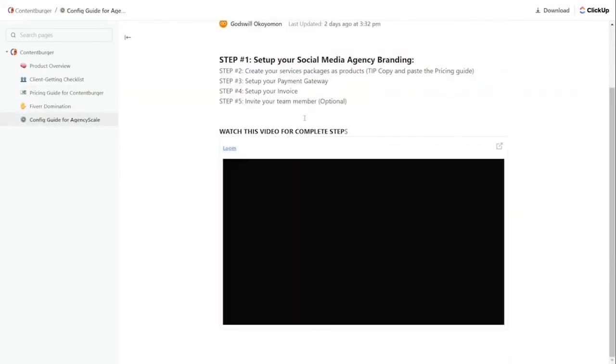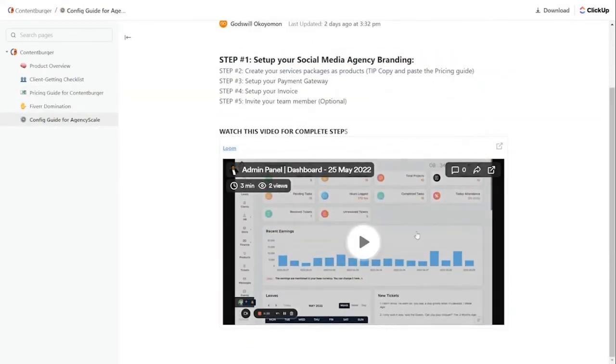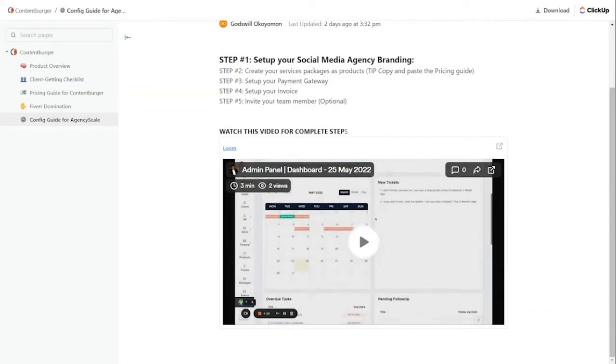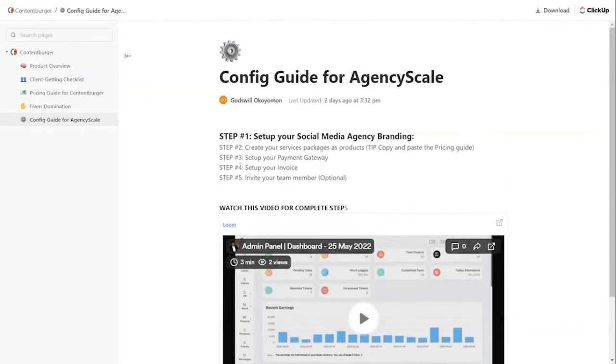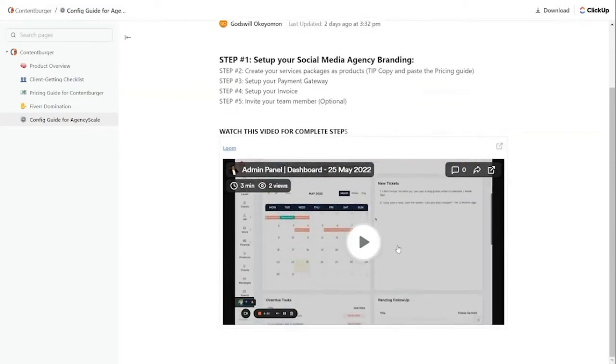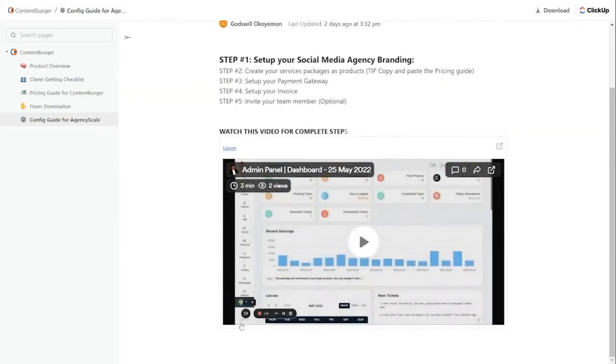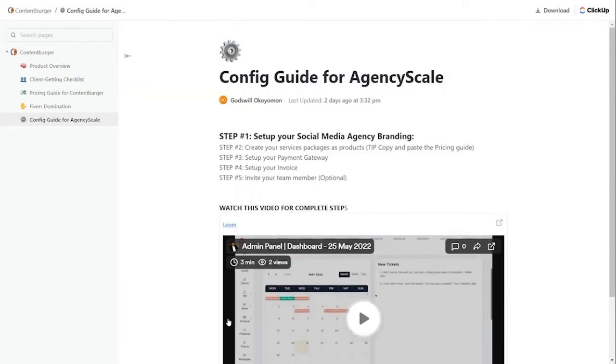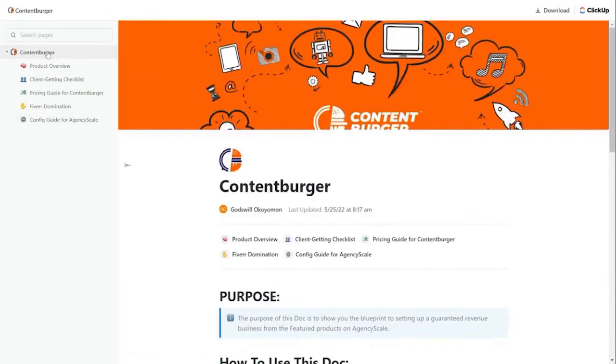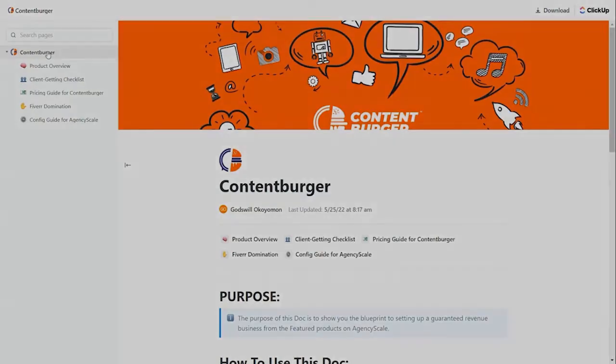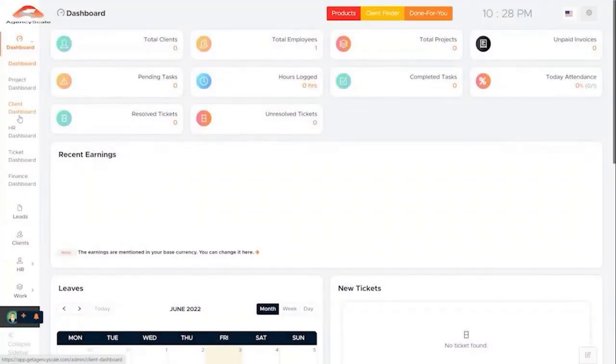And then there's a config guide for AgencyScale itself. Here's how you go into AgencyScale and set it up so that you are set to use Content Burger inside your AgencyScale. So we give you all the stuff outside of AgencyScale. We give you all the stuff inside AgencyScale. This is just for one of the more than 30 products you'll get in the blueprints with the front end copy of AgencyScale. Our agency CRM tool starts you off here at the dashboard, where you can manage projects, clients,